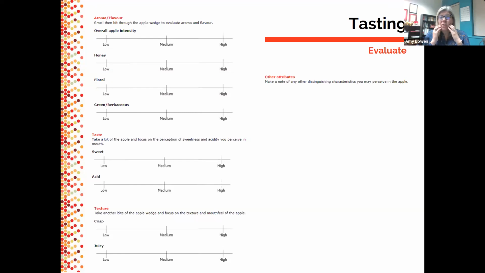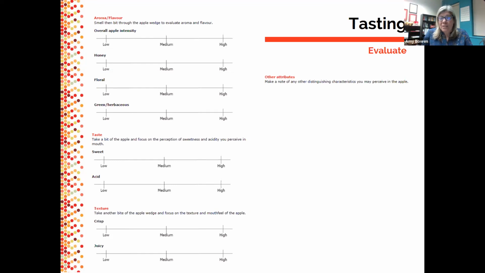And so acidity, one of the things you'll notice often is sometimes you start salivating and you'll feel it on the sides of your tongue, the sides of your mouth, if it's something that's got a lot of acidity. But we'll go through and look at that. And then we'll look at the texture as well. So is it crisp? Does it make a snapping sound when you bite into it? Is it juicy? Do you get a lot of juice in your mouth as you're chewing it? And then we can see how this differentiates for the different apples.